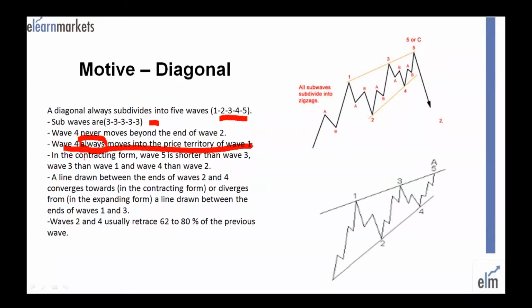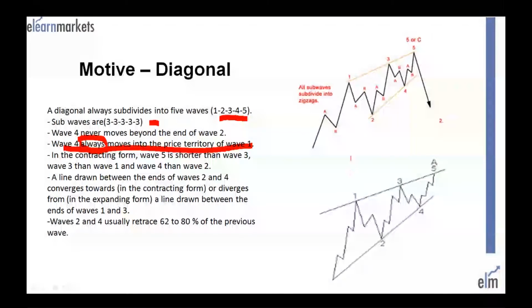In the contracting form, wave 5 is shorter than wave 3, which is shorter than wave 1, and wave 4 is shorter than wave 2. A line drawn between the ends of wave 2 and 4 converges in the contracting form, or diverges in the expanding form, from a line drawn between the end of wave 1 and 3. Waves 2 and 4 usually retrace 62 to 80% of the previous waves. This means that there is very sharp retracement